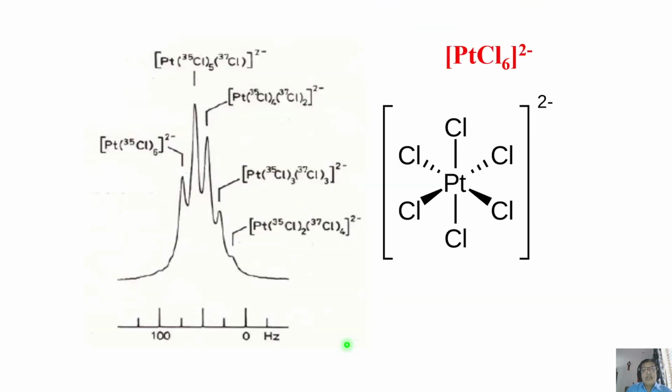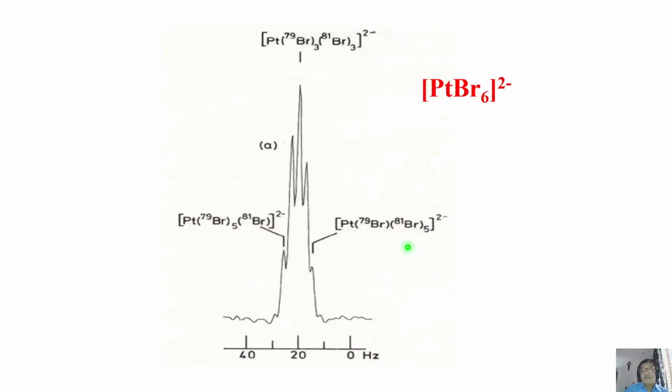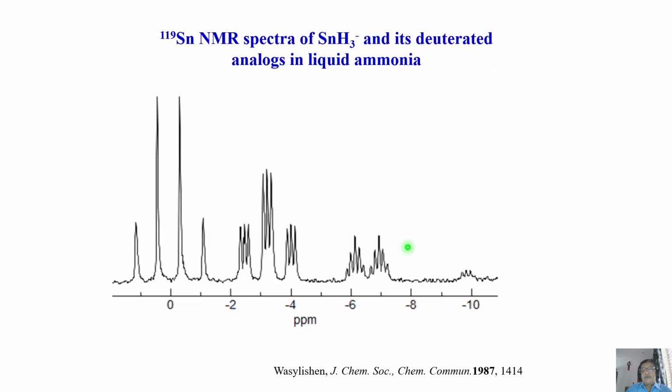Okay, and you can see this effect especially when you have a more complex system, say platinum with the 6 chlorine complex, and you see many peaks you are observing. Actually, in principle, in the platinum NMR, you must see only a single peak, but varieties of isotopomers are present here. As a consequence, different peaks you are going to get. In principle, you can calculate what the possible isotopomers are, and find out and calculate the peak intensities. Okay, same thing with platinum bromine.